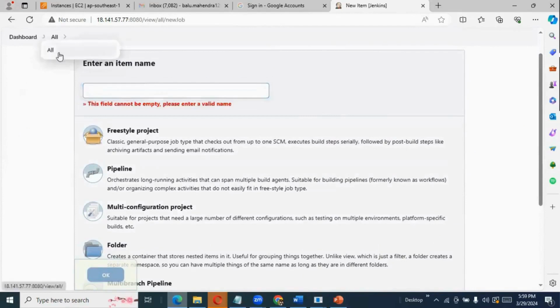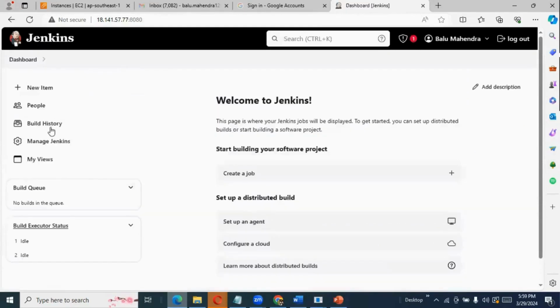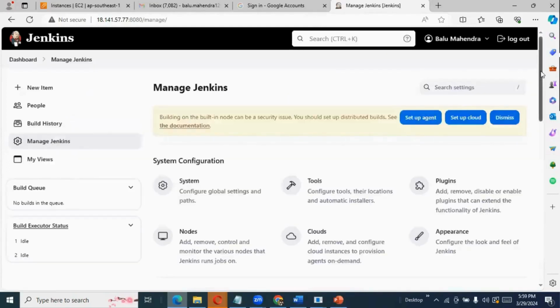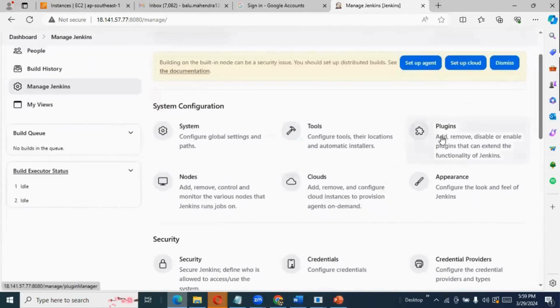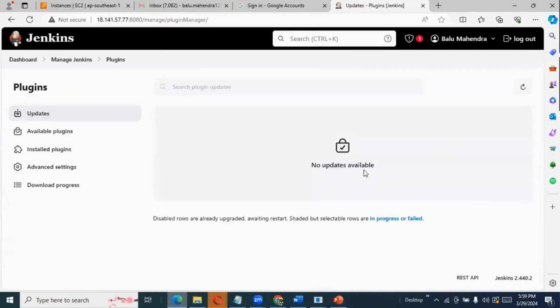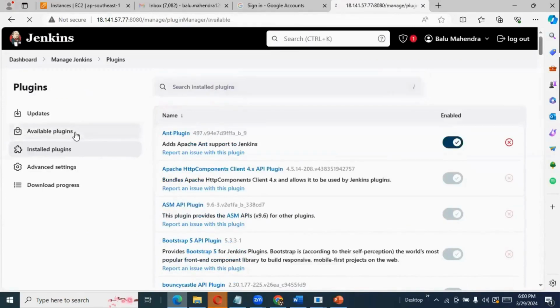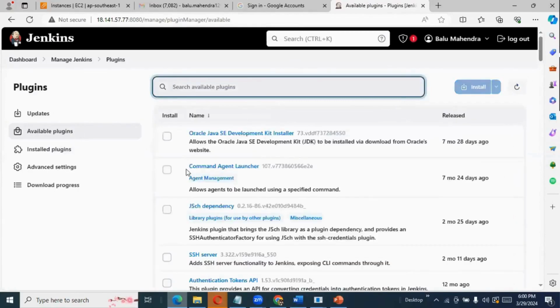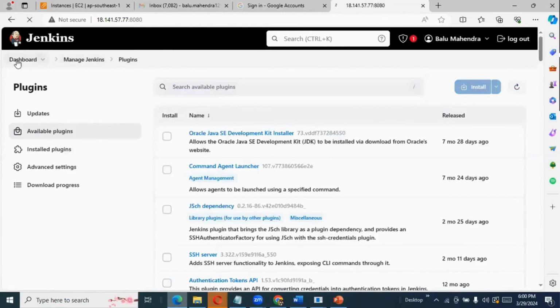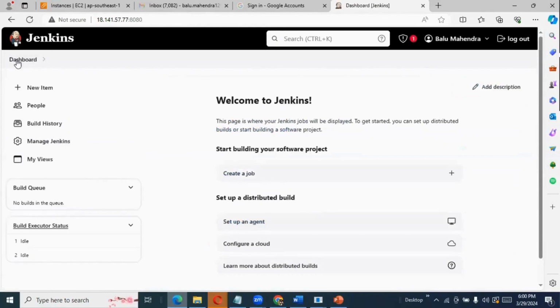And also we would go to the dashboard and understand how to manage plugins. So if you do a manage Jenkins, you see a lot of things. How do you integrate with cloud? How do you install a plugin? So no new updates. So you can install plugins, right? And if you want to install a plugin, you would search for the plugin here. If you want to see what are the plugins which are already installed, you would see this. And so on. We would continue with the rest of the understandings regarding Jenkins, how to write a pipeline, how do you create a job, and how do you